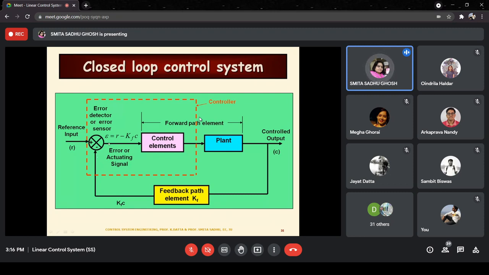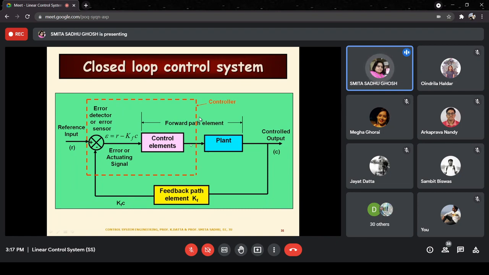As far as the controller is concerned, it has, number one, the control elements inside it, as well as a summer. Summer means a summation block, which is going to add or subtract signals which are coming into it. So as far as this controller is concerned, you find what are the inputs to the controller. The inputs are the reference input going inside, and also the feedback signal, that is the control output via the feedback element. So the feedback signal is going into this red block, right? So the inputs to the controller are the reference input and the feedback signal.